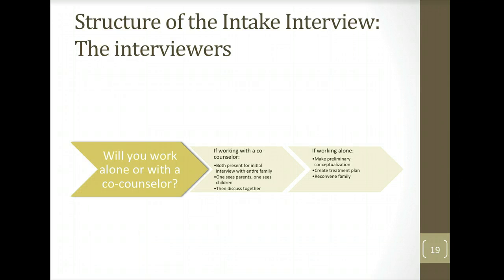In some situations, you might have the luxury of working with a co-counselor during the intake. Again, this will likely be decided by agency policy or availability of other counselors. There are advantages and disadvantages to this approach. First, with a co-counselor, you could cover more ground in a shorter amount of time, and you have the added benefit of a second professional opinion when it comes to treatment planning. Conversely, the working styles of each counselor should be considered ahead of time, and parallel treatment can introduce issues of confidentiality. This particular point might be important for us to discuss in class as we continue to consider ethical implications of working with children.